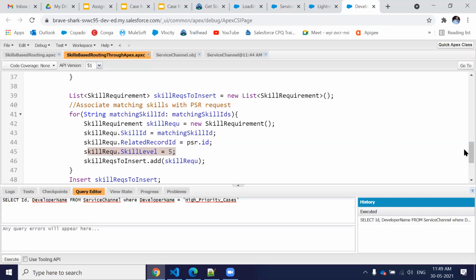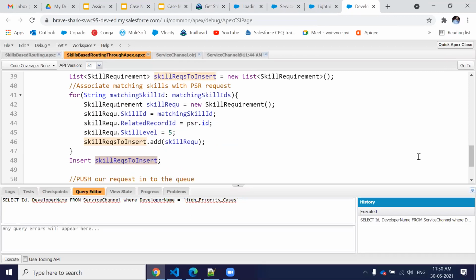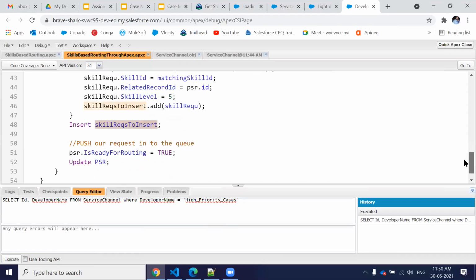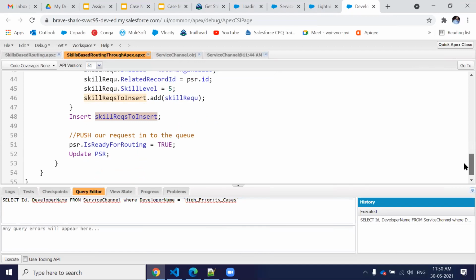And then I simply added it into the list and inserted that list, because my agent can possess 2 or 3 skills, so we have to create that many skill requirement records. So that record can be created more than once, so I have inserted into the list.